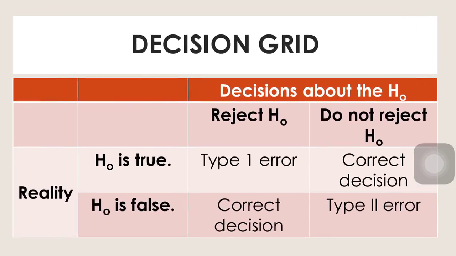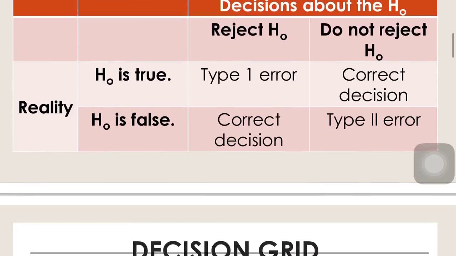Type 1 error is rejecting what is true. Again, type 1 error is rejecting what is true. While type 2 error is believing in something that is false, or we say accepting something that is not acceptable. For example,